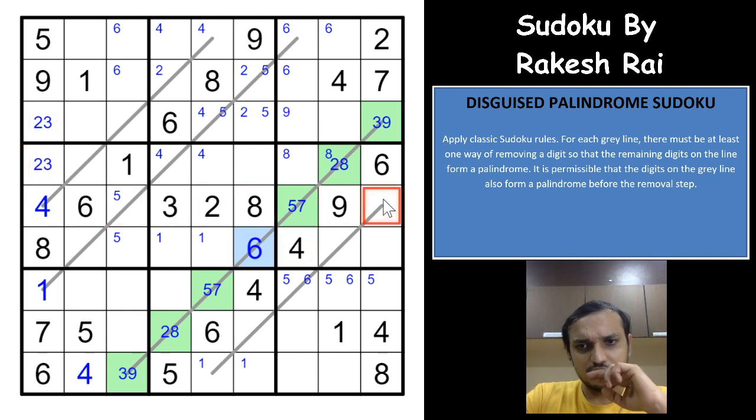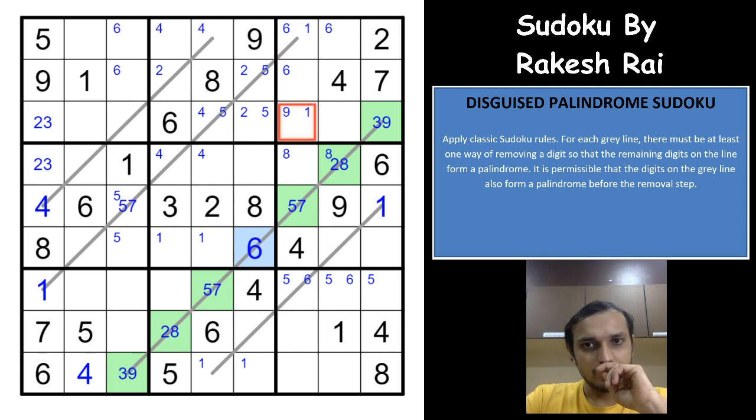So 1 5 and 7, so this would have to be 1 5 and 5 and 7. So 1 cannot be here, 1 cannot be here because of not being here, so this would have to be a 1. Okay, we are getting something here with the ones as well, so we can mark 1 in one of these two cells.